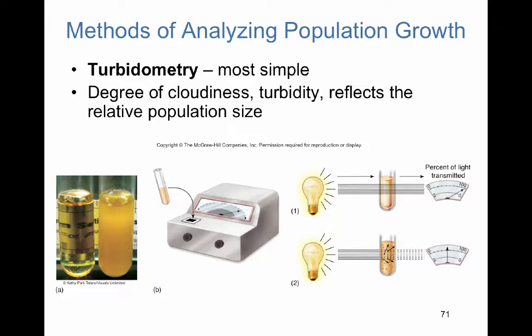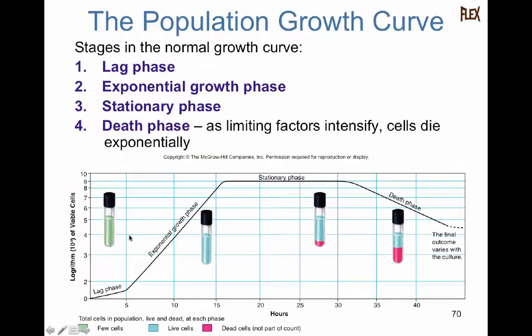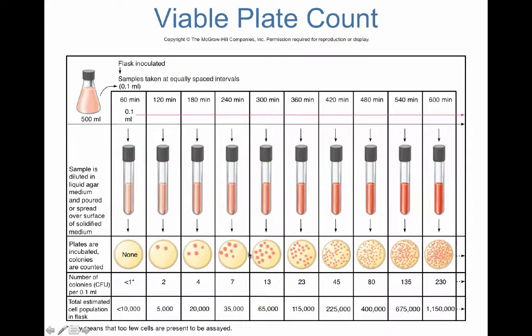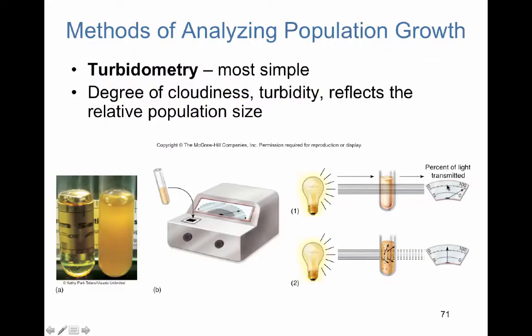Now we can measure cell growth over time by measuring how cloudy a tube is. You can do this plating method, or you can actually measure over time how cloudy the tube gets. Another scientific word for this cloudiness is how turbid the culture is. And we use this instrument called a spectrophotometer.